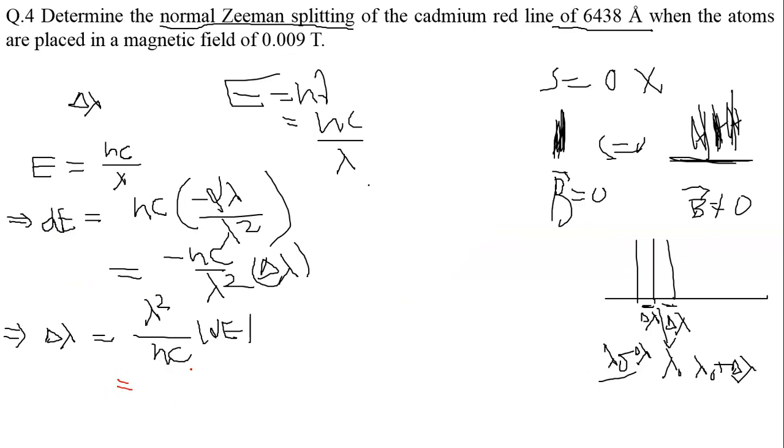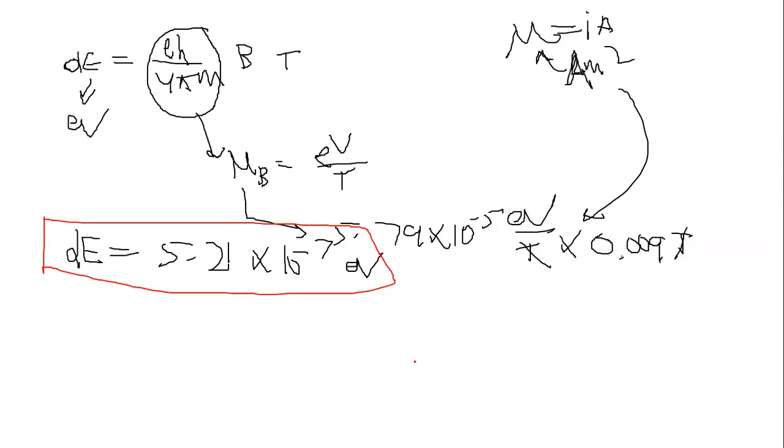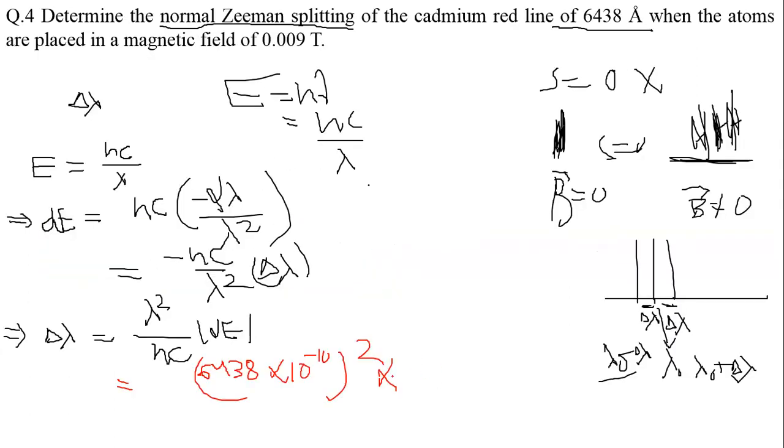So del lambda, in terms of Angstrom, is 6438 into 10 to the power minus 10 square into DE, which is 5.21 into 10 to the power minus 7,